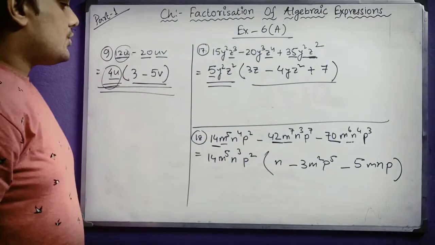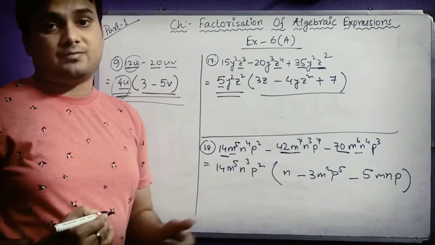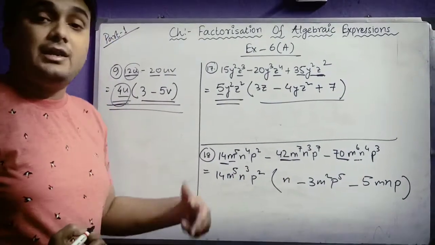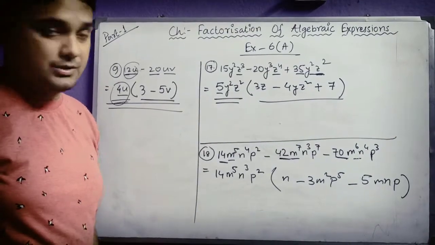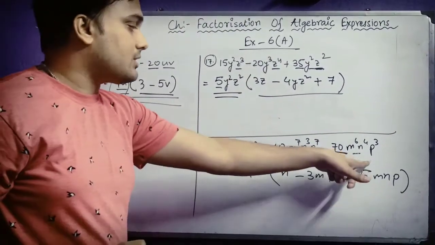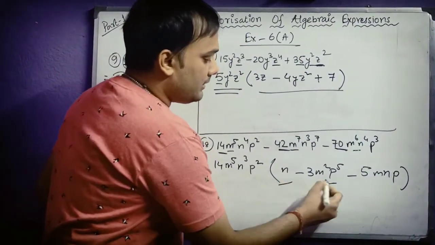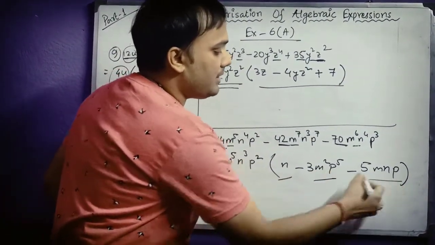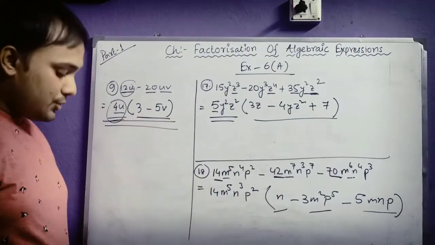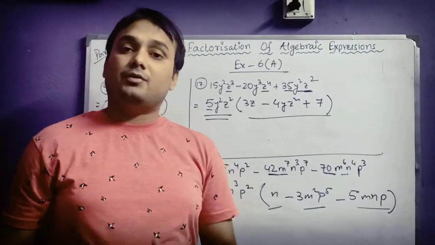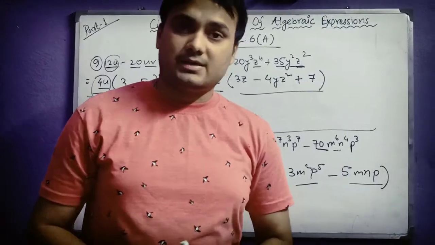Okay. So now you can cross check. Better I will suggest you students to go for the cross check after getting your final answer, so that if any more step is remaining then you can understand, and you can understand only by cross checking it. Okay. So if you do the cross check, you will find that these all are correct. And see, you can see n, then this 3m square p to the power 5, 5m and p, nothing more you can take common. So this is your final answer. So students, in this exercise we saw that we have to take only monomial as a factor and then you will get the answer. Let us move on to our next exercise.